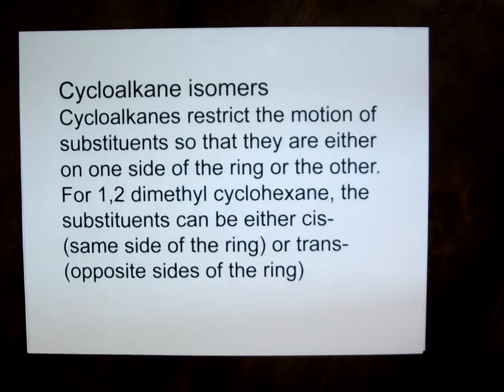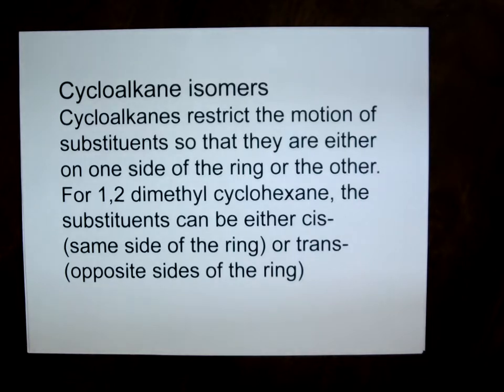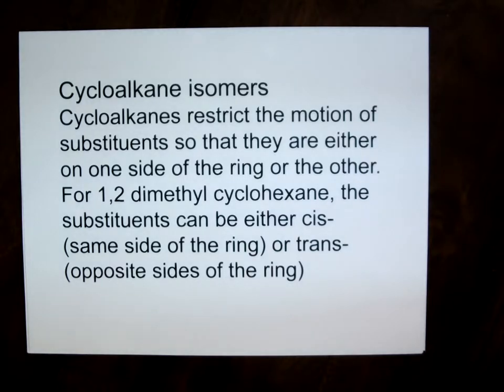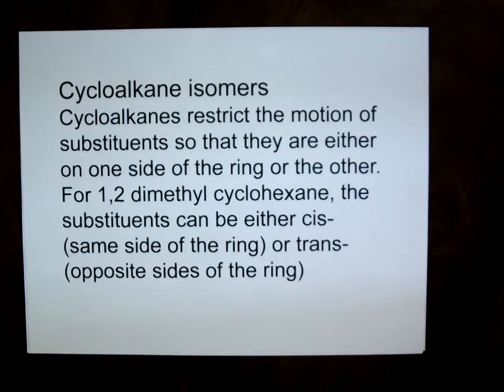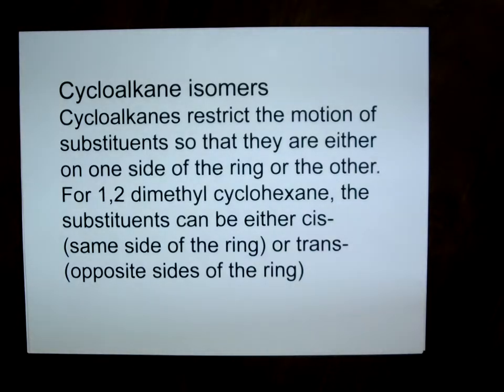Alright, so we talked a little bit last time about cyclohexane, which is a nice simple ring molecule. It's very common to have six-membered rings in organic chemistry, many times saturated, so they're all single bonds like cyclohexane. And so understanding the rings and how things can be attached to the ring is very important for an organic chemist. We're going to talk about three different types of isomerism with substituted cyclohexanes, and we're going to focus on